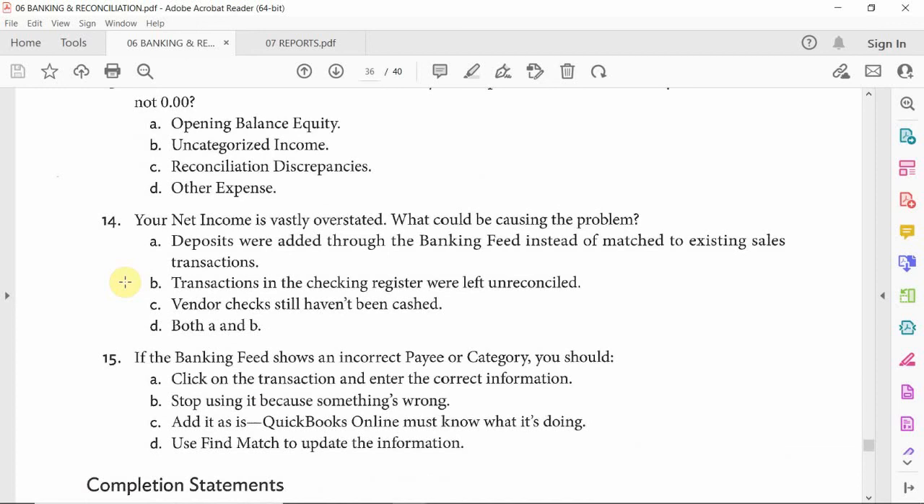Number 14, okay? Your net income is vastly overstated. What could be the cause? What could be causing this problem? D is correct, right? It's either A or B. A, deposits were added through the banking feed instead of matching them, okay. So like that one transaction,